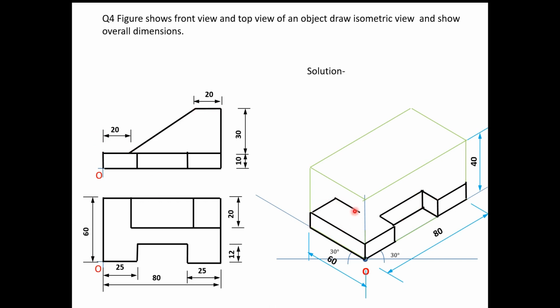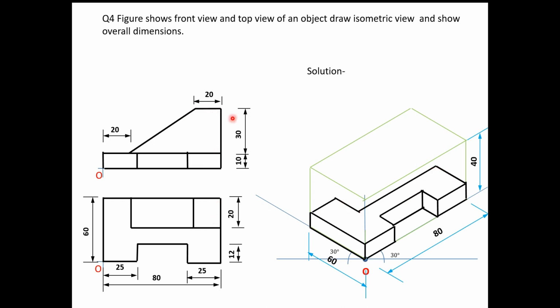Here also the edge is visible. So what is this 20 mm length? Then in top view you can see this is a projected portion, outward portion. So that means there is a slope, like this. So if you see here, in the top view, their bottom will be like this edge. So this is the thing.